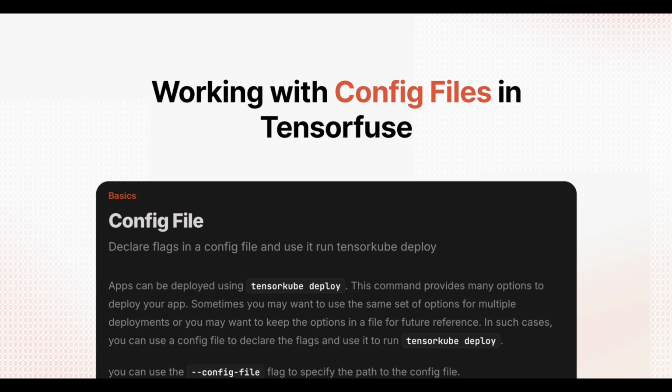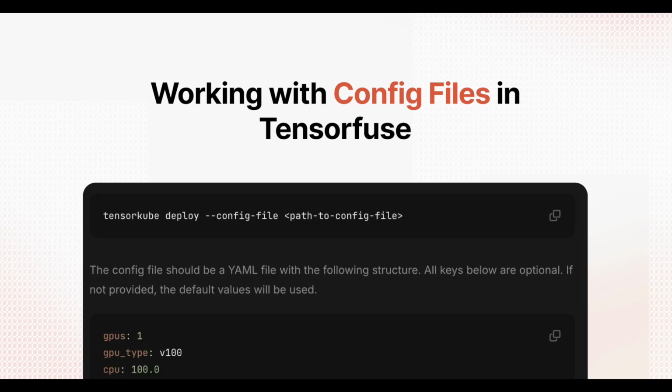Tensorfuse now supports creating deployments with a config file. In Tensorfuse, apps are deployed using the tensorkube deploy command. This command provides many options to deploy your apps, such as defining minimum and maximum scale, types of GPU, CPU, memory, etc. Sometimes you may want to use the same set of options for multiple deployments, or you may want